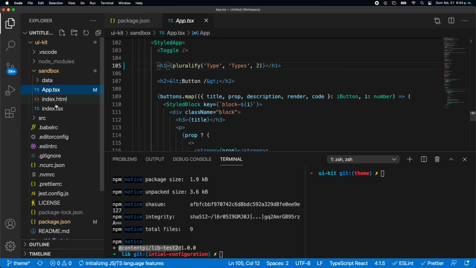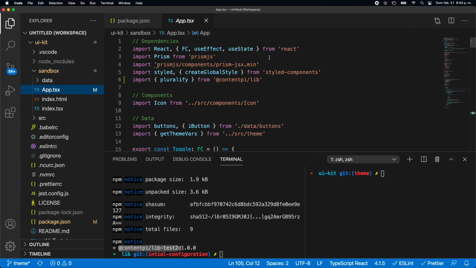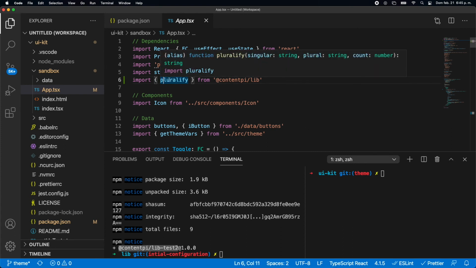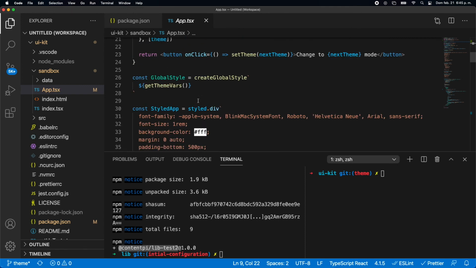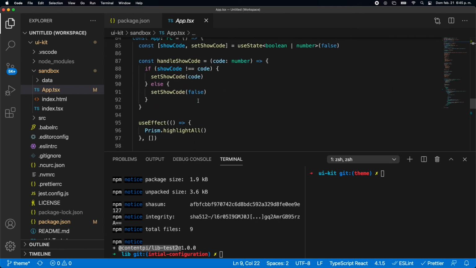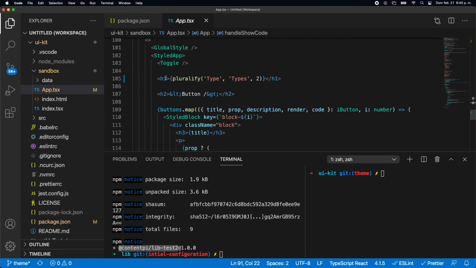I just install it, you do npm install and the name of your package, or the project you created. And this is the way you import the function pluralify. And I just use it here on the type. So if I run the sandbox,